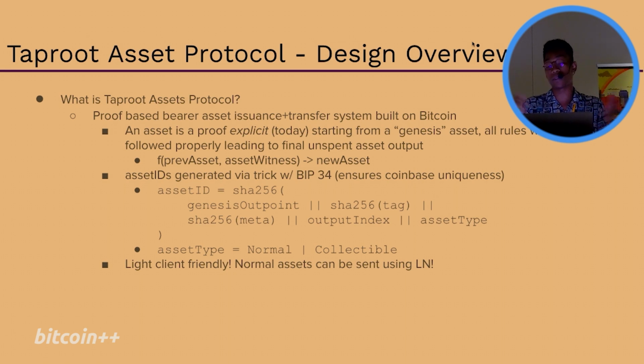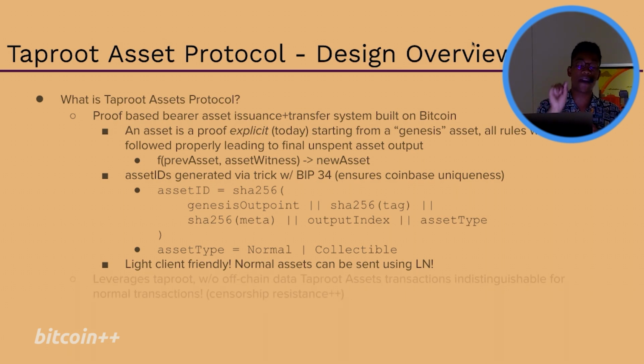And this is really cool because it's client friendly, right? As we show a little bit later, there's a series of proofs that you can obtain as a normal user, and the way it works, we have this commitment that's going to be embedded into the tapscript tree as we'll see later, right? And because of this, things are very client friendly, right?